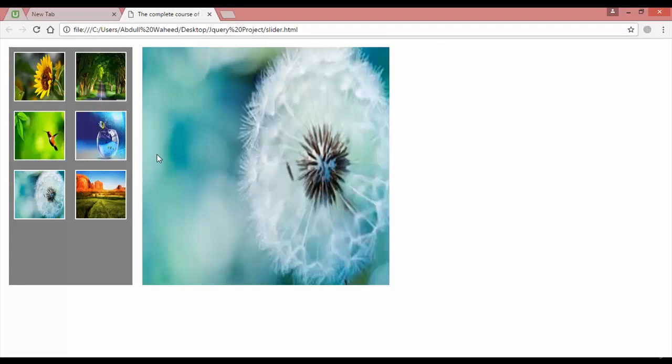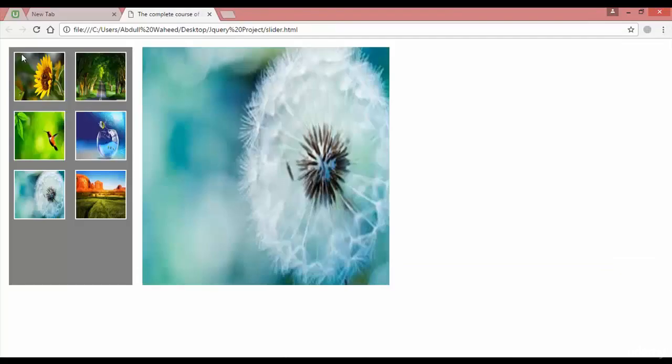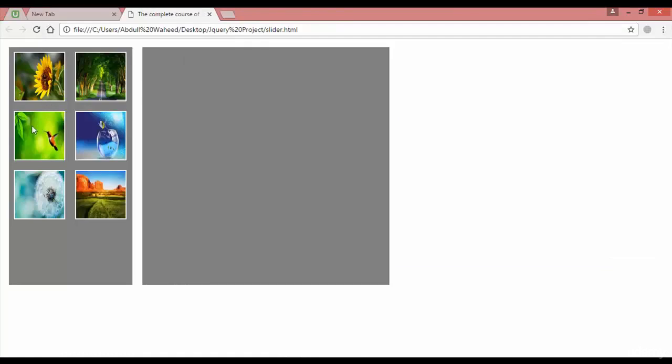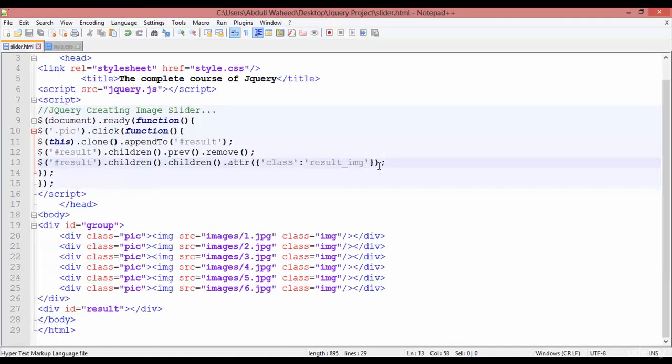So again, this is not looking very good. We are just going to work on this to add some more functionality, to add some more beauty. So for that, at first you need to just come here and put the display property none, make this invisible or hidden. Control S, refresh, click on this. Now it's hidden. So just for making this visible, you need to just come inside your jQuery, and after this